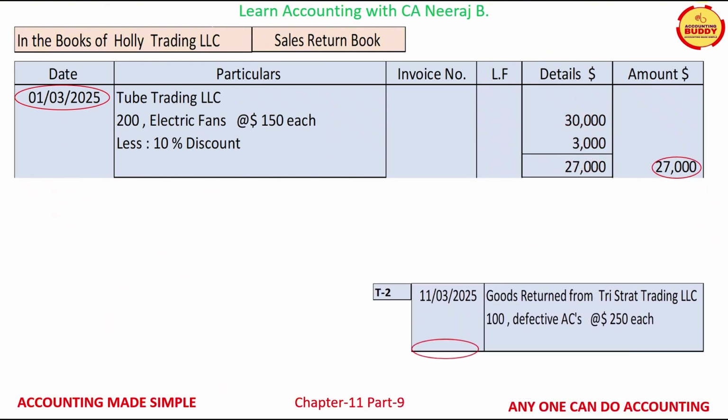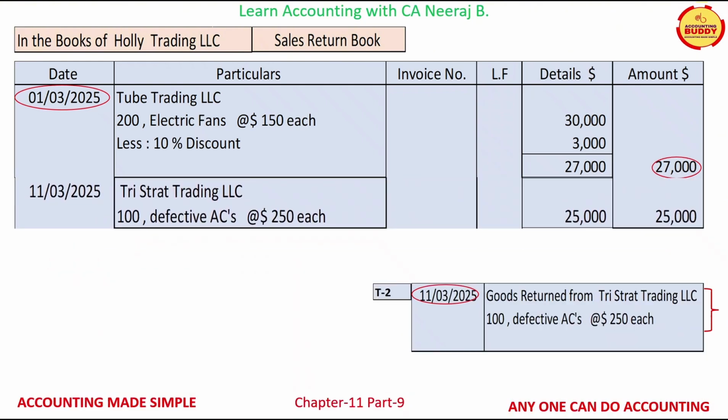Transaction T2 is on 11th March 25, TriStar Trading LLC returned 100 defective ACs to Holy Trading LLC. This transaction is recorded in the sales return book as displayed on your screens. In the date column, the date, that is 11th March 25, on which the credit note is issued is mentioned. In the description column, the name of the customer TriStar Trading LLC along with the complete description of the goods returned is mentioned. The value of the goods returned for $25,000 is written in the details column and again in